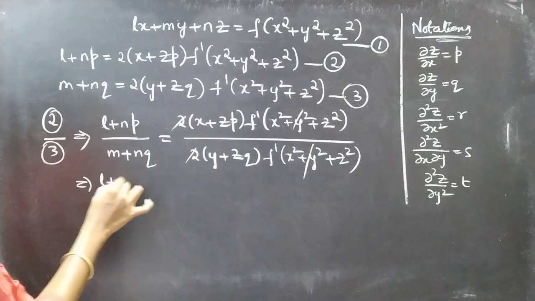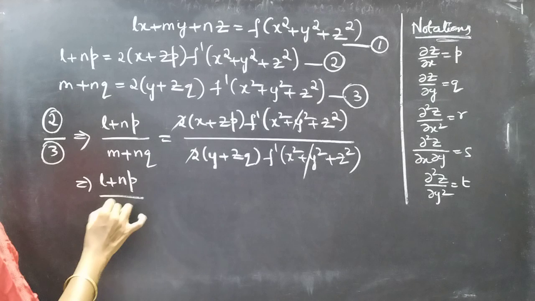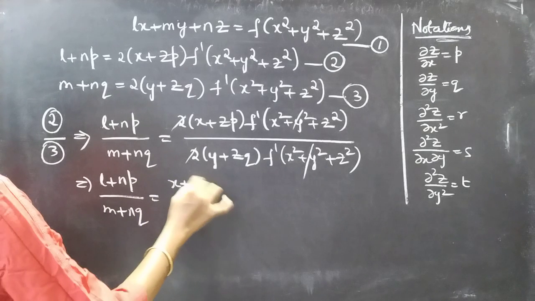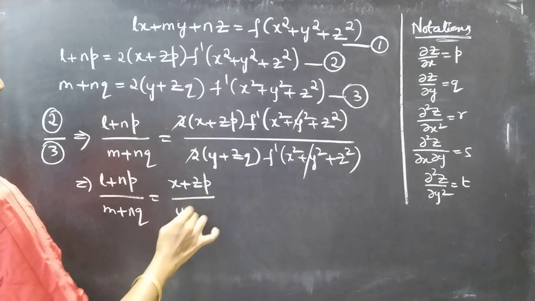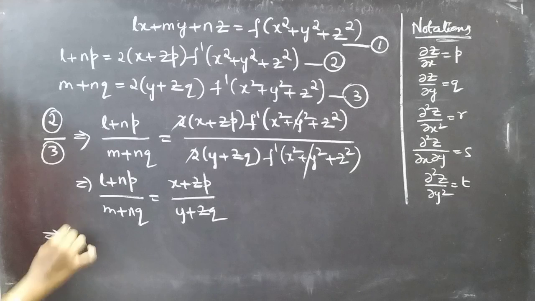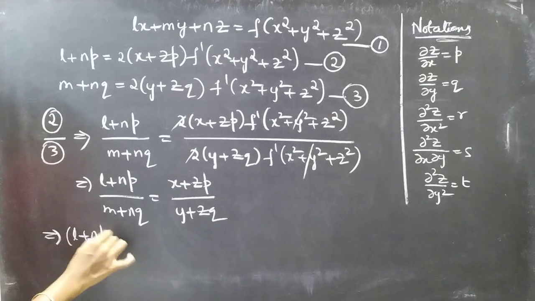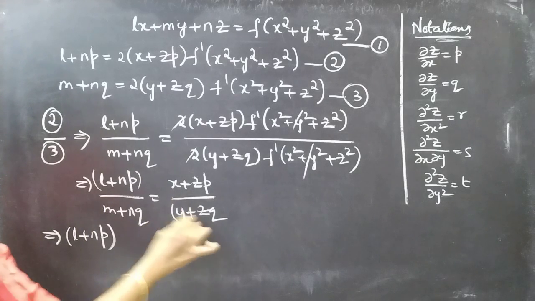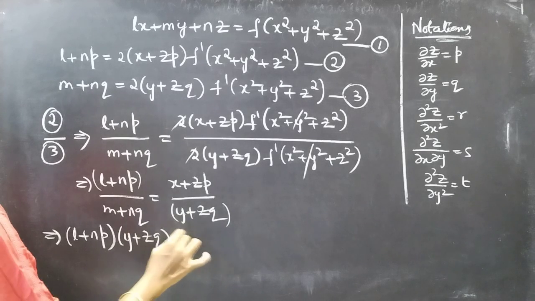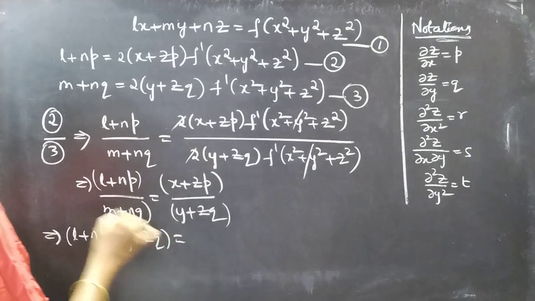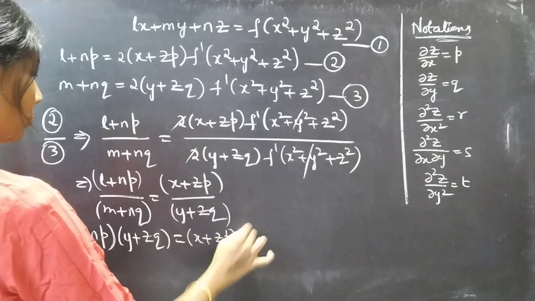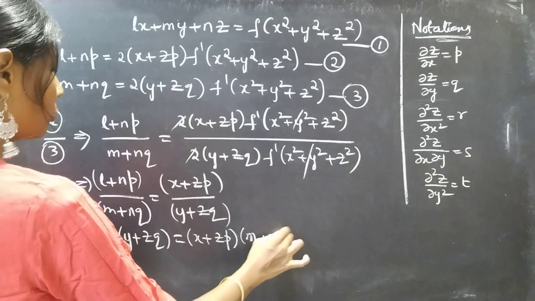This gives us l plus np by m plus nq equal to x plus zp by y plus zq. Now make a cross multiplication. l plus np into y plus zq equal to x plus zp into m plus nq,